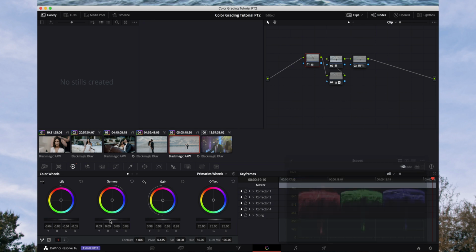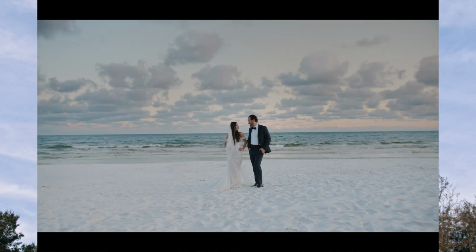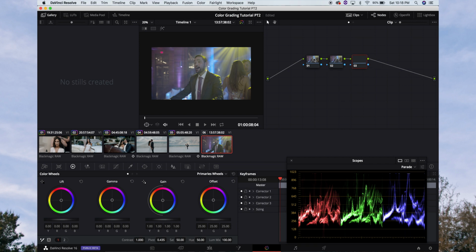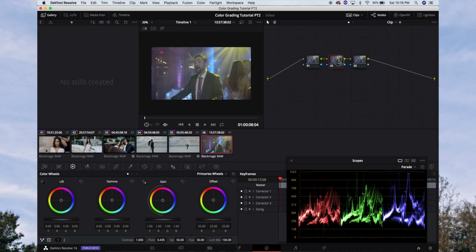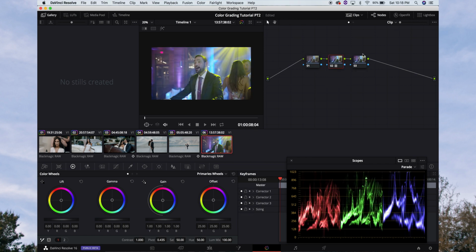How detailed you want to get with your shot is really up to you. I mean, you can come in here and individually mask them and adjust them separately from everything. I like the way this shot looks. I think it looks really nice, so I'm going to leave it. Let's go here, and we won't copy the grade just because it's really different. We're just going to copy that LUT on this one, and we're going to copy this LUT here,